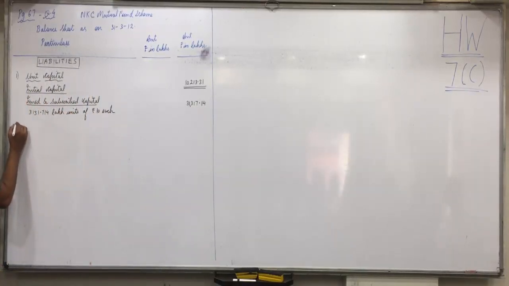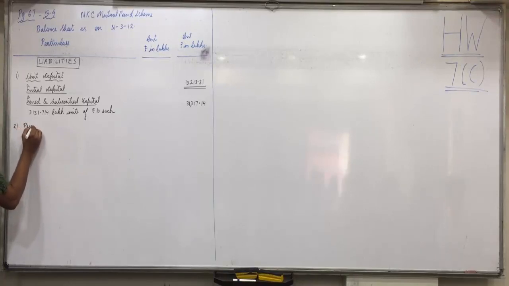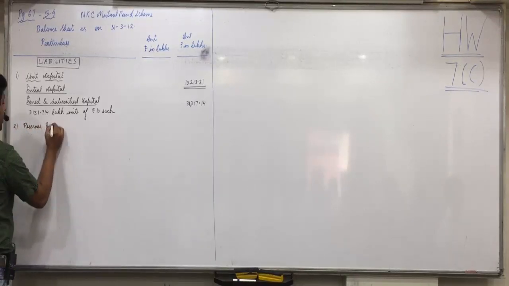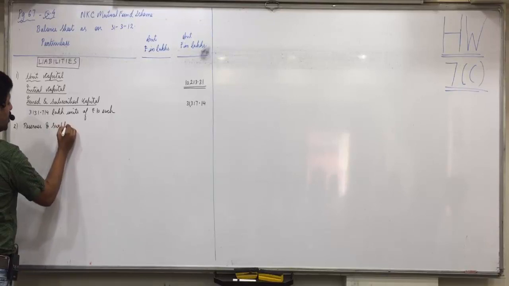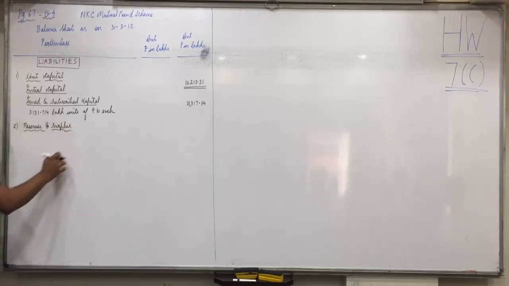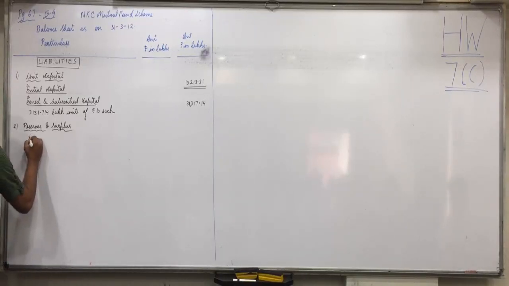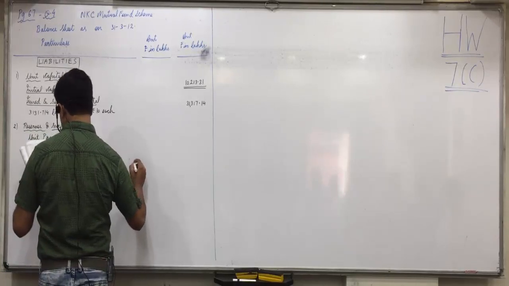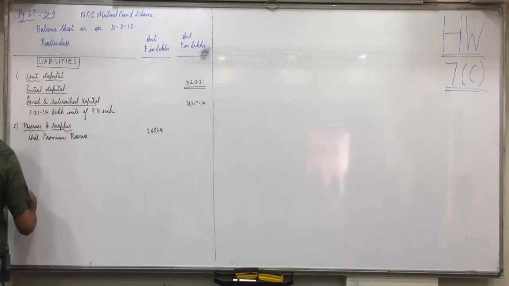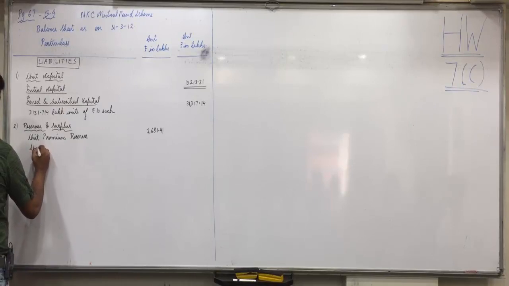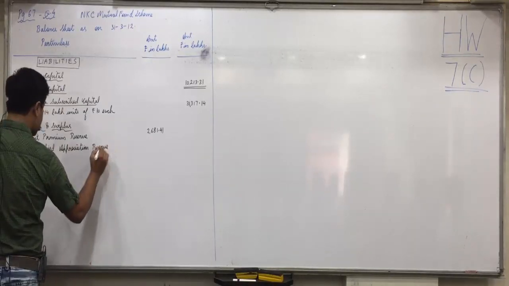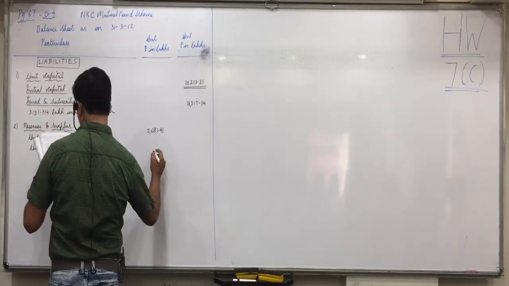Then second is reserves and surplus. Now here we have more than one, so we'll write it in a column. First column of amount. Has everyone written with unit capital? Any doubts in that? Now all the items marked as RS. So unit premium reserve, that is 2681.41. Unrealized appreciation reserve, that is 2681.41, sorry,